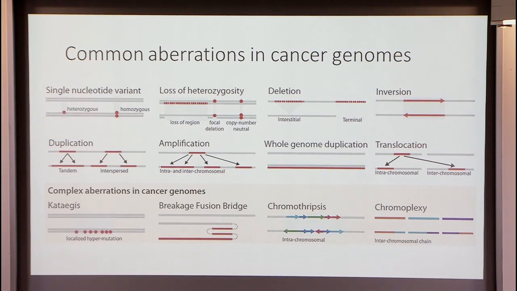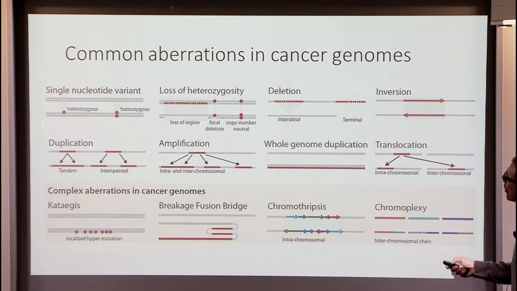So I think a single nucleotide variant is clear. This is really just a change of a single base pair, and that can be only on one copy of the chromosomes, heterozygous, or on both copies if we start with a normal diploid genome, so that would be homozygous. Then a very common event is a loss of heterozygosity. That can happen in different ways, but the most common way is just to lose a part of one chromosome, as indicated here. There are, of course, deletions at essentially all sizes. They can occur from very small ones to very large ones. Insertions can, of course, also occur. Inversions, so you can have a change in the direction here.